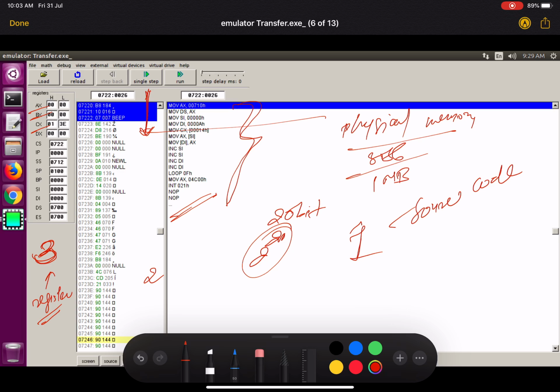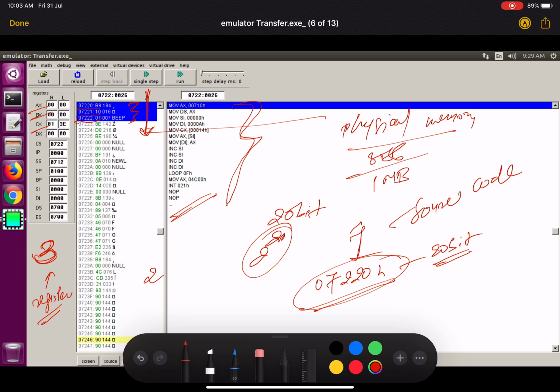And as you can see, 07220, 07221, 07222, all these are our memory locations. There are 5 digits, right? 5 hex digits means 20 bits. So all those are 20-bit addresses of our different locations. What does this blue part contain?